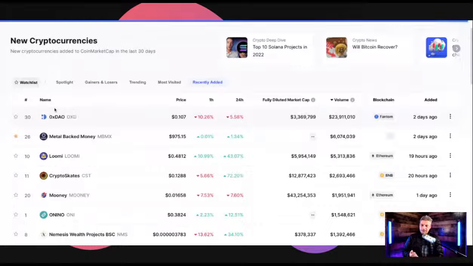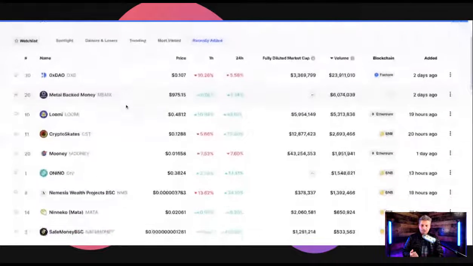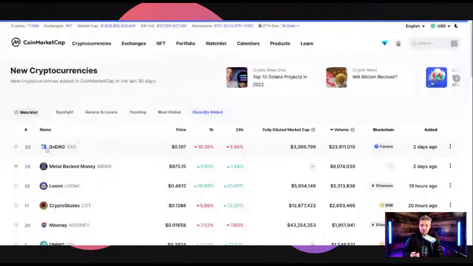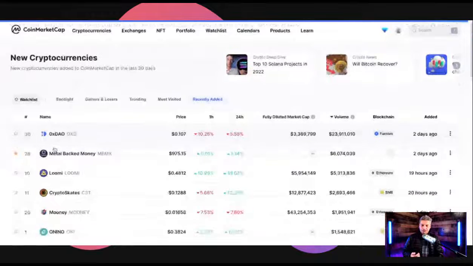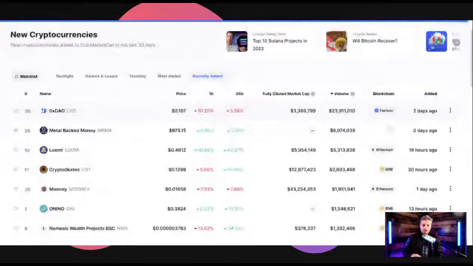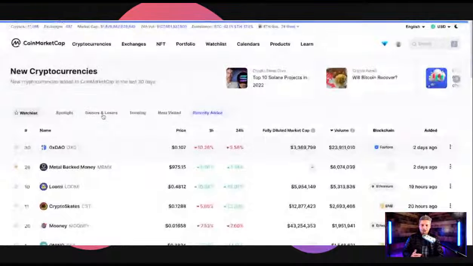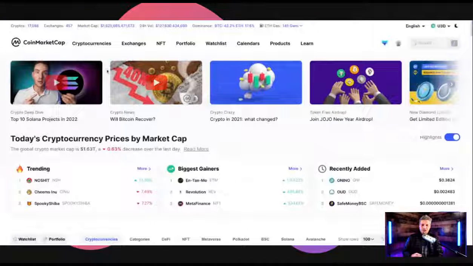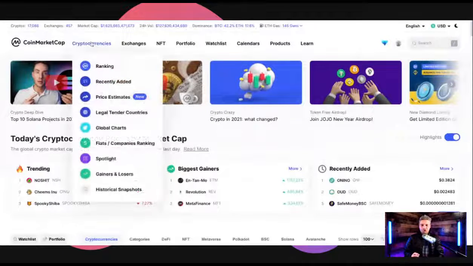This might be a DAO, depends on how you want to say it, for the OX coin. Not sure. It's not going to let us do these links, but you can just click the ticker next to the number, and it should take you to its individual page and allow you to look at all the data there. Not exactly sure why it's given us issues. Let's go back to the main page, just click back.